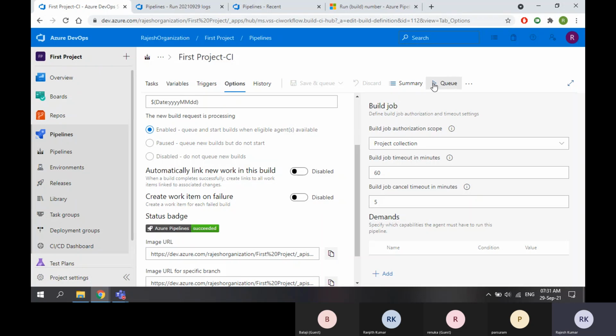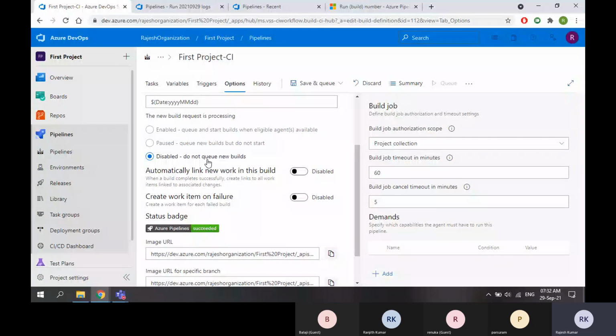Whenever you run, if the agents are available, it will run. If you disable, it will not. See, if I select disable, the option itself is disabled. That means you can modify or update this build, but you are not going to run this build. So these are the enabled and disabled options.